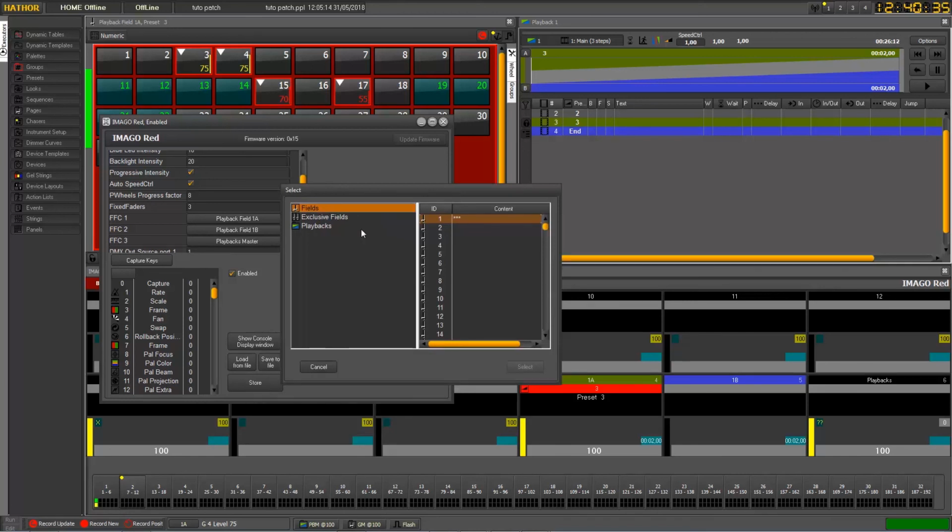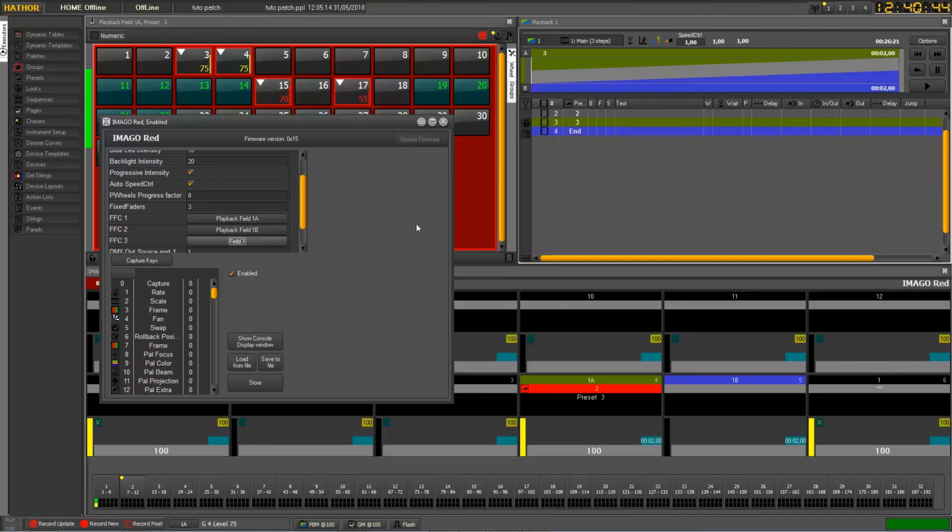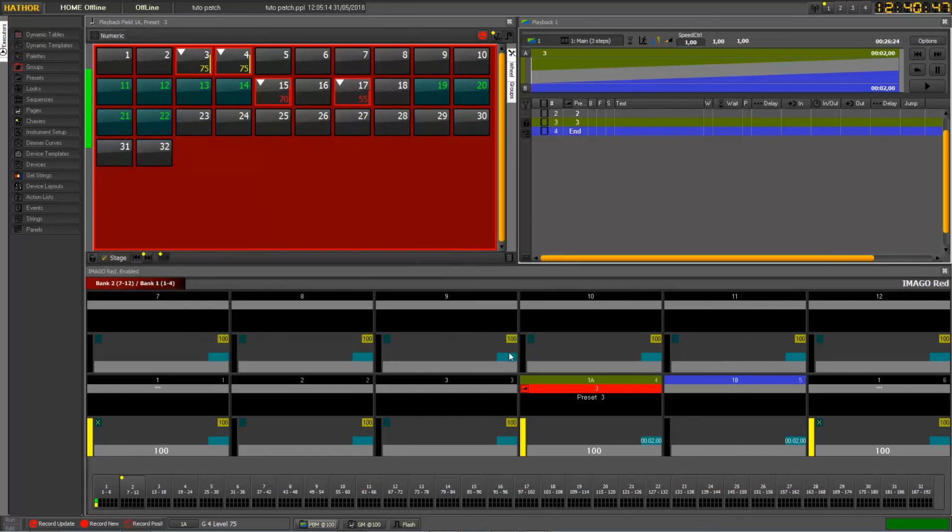But in this case, if I decide, for example, to assign field 1 to this fixed fader, the difference is that this fader will not be subject to any bank fader change. Typically that's where you again will need something very fixed, like house lighting and so on,